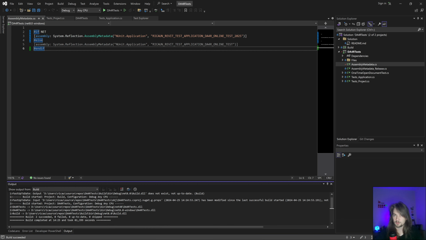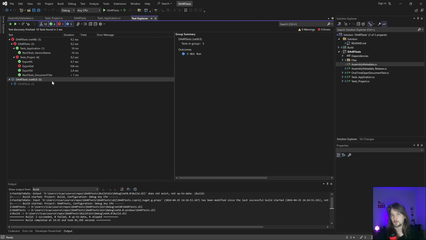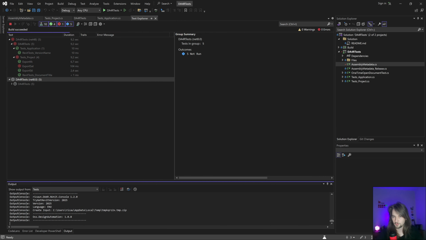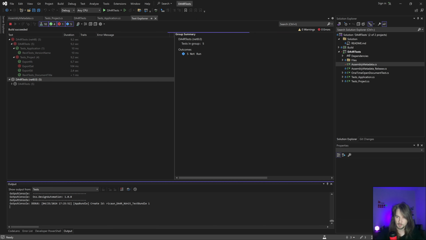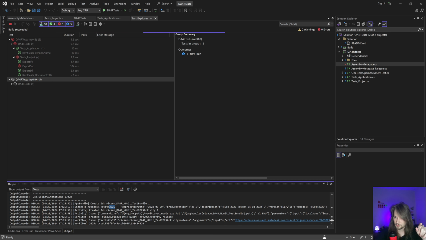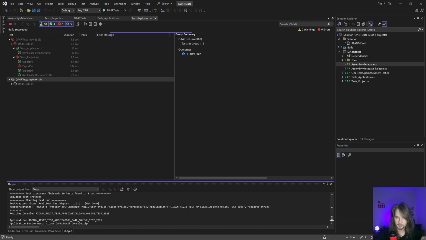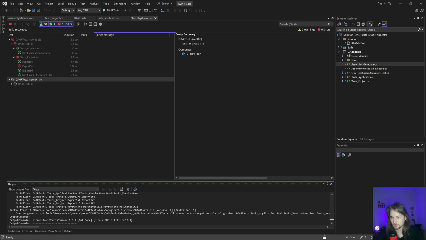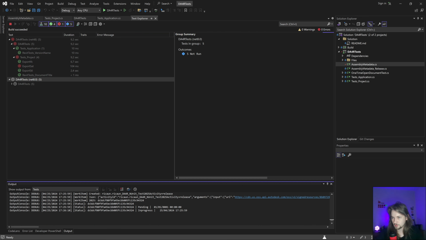And now if I build this and go to my tests, I should have two right now. And if I run this, it should run with .NET Core and with a different application, but everything should run the same. It should create a bundle in that, and run in version 25. And where is it? Not showing here. I'm using the alpha 25. Yeah, that's why. That's right. It's running that.